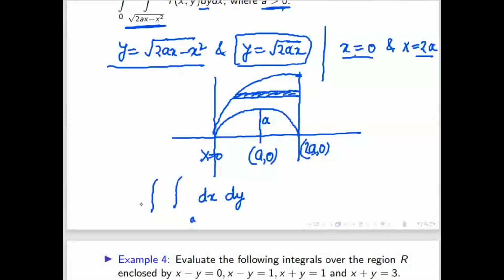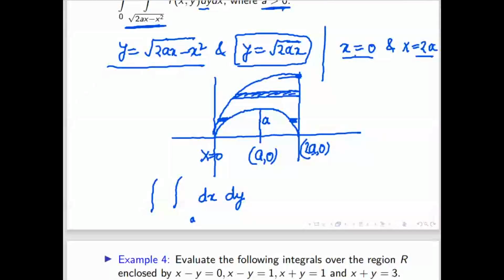Well, what is the problem? Because this horizontal strip, once it comes here or goes here. If you move y from 0 to 2a, then this horizontal strip will start from the bottom, then here, see here the lower limit is on this circle, but the upper limit is on x equal to 2a. Here the lower limit is on this parabola, but the upper limit is on the circle. So there is a change.